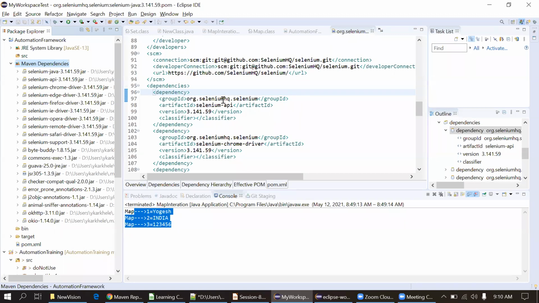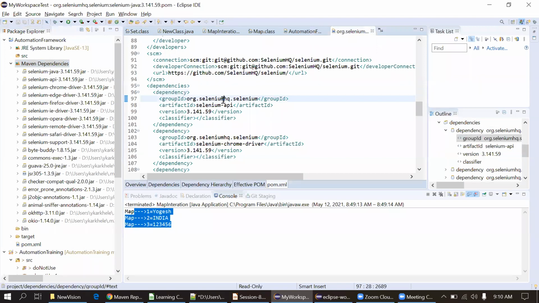I will give a real example here. Suppose I'm working on one project, and that project was working fine yesterday. But today I took the pull, and someone might have uploaded some dependencies or changed a dependency with a version change. I have already downloaded the 3.1.4.141.15 version, but due to the version change, I'm not able to take the latest update from the repository. In that case, we can simply delete this m2 folder and re-download everything.